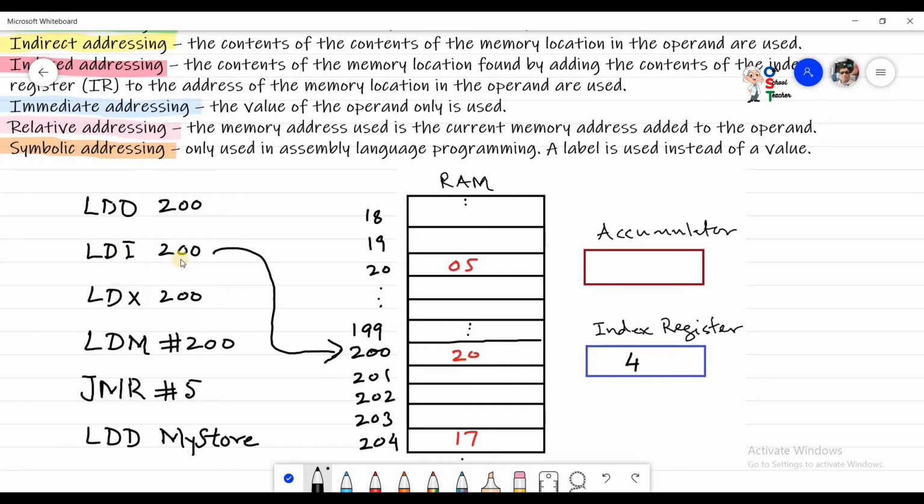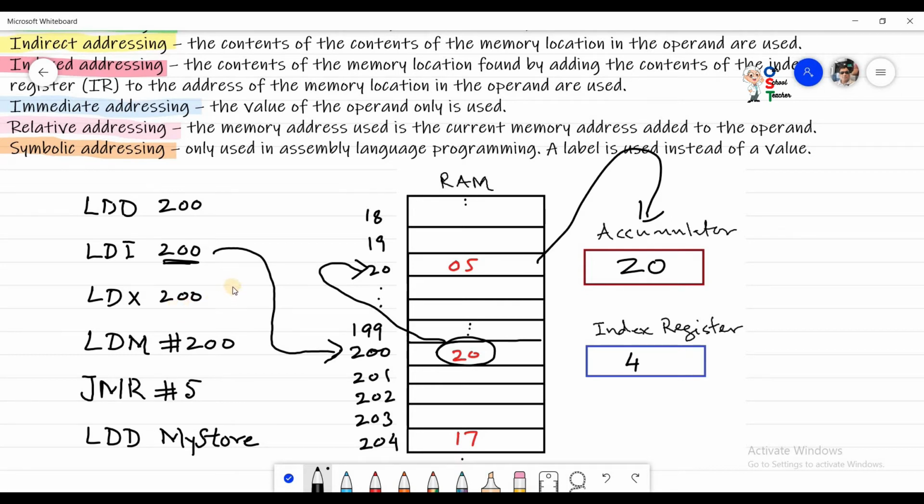So LDI 200 means at this location there would be an address, and this address would be used to pick the value. So we have gone to 200 and there we found another address, that is 20, and from 20 we have picked the value, and this value will be stored in accumulator. So this is called indirect addressing,